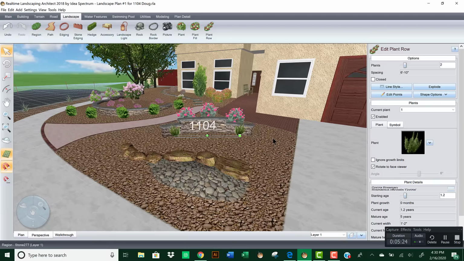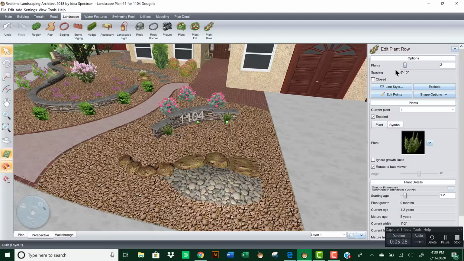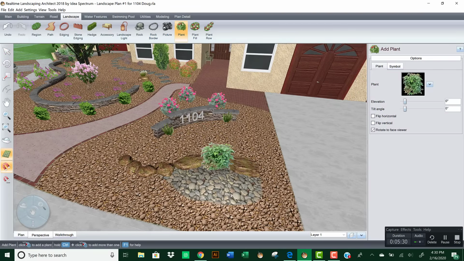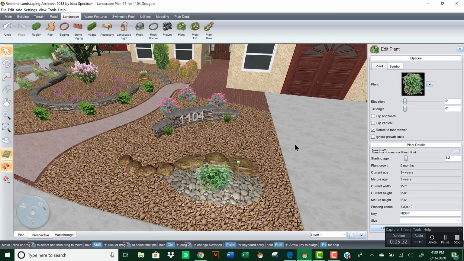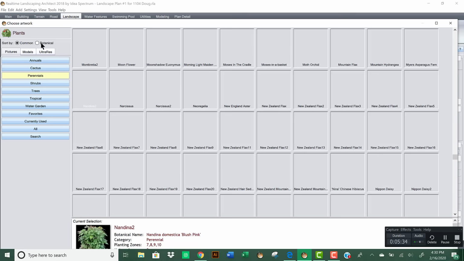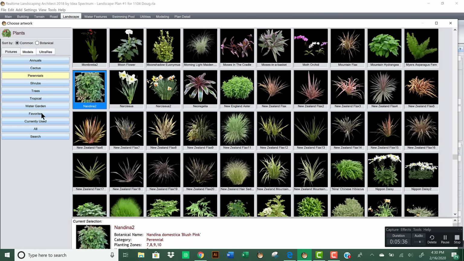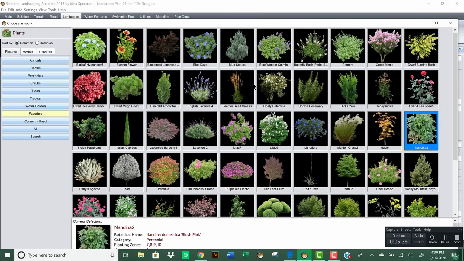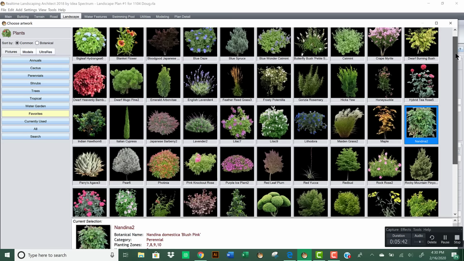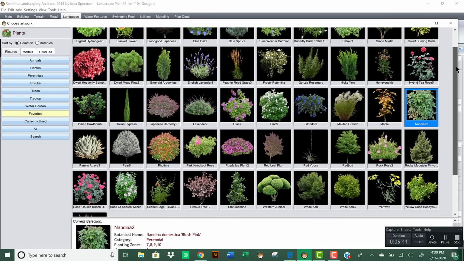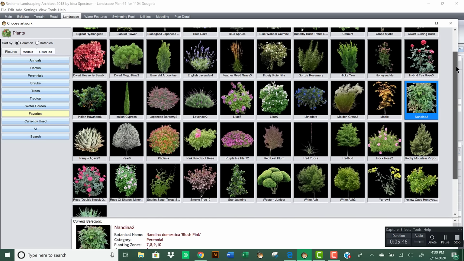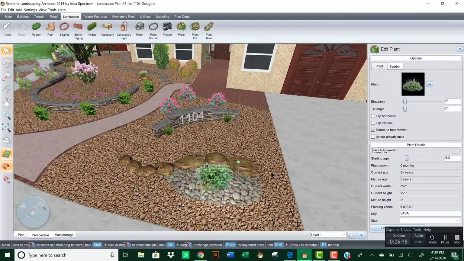And it's going to stay evergreen. So we'll do that. I'm going to put one plant dead center right here. And we will use favorites. This is going to be a pretty big impact bush. Let's use a large